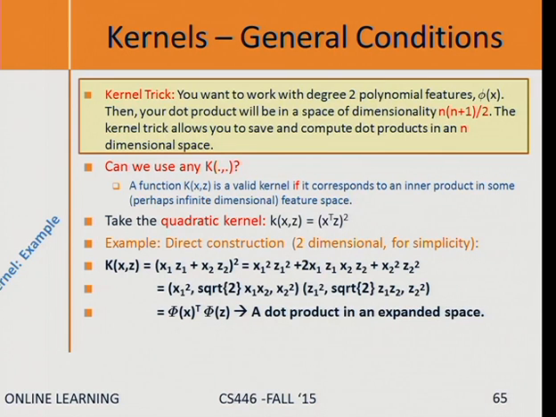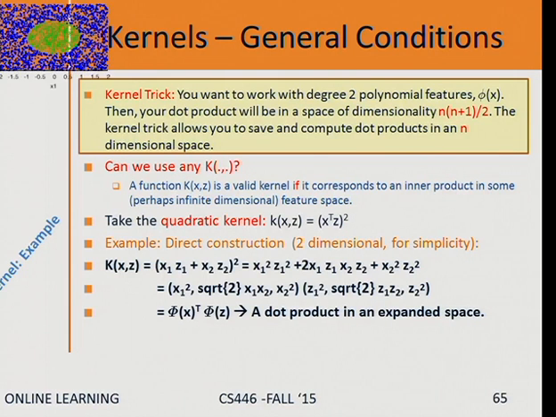Okay? So we did the transformation now in two directions. We started with k and wrote it as a dot product in the high-dimensional space, or we started with a high-dimensional space and showed that there is a trick and you don't need to do it in the high-dimensional space. And this is really exactly the example I started with, right? This is the kernel you need in order to run perceptron and learn this function.